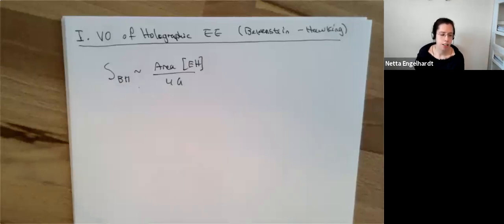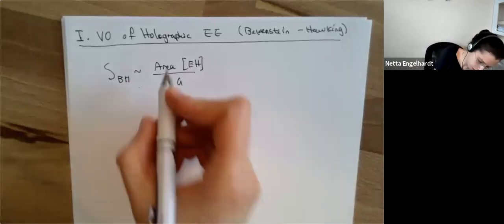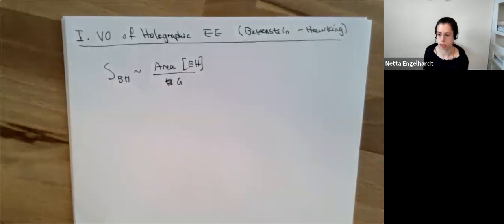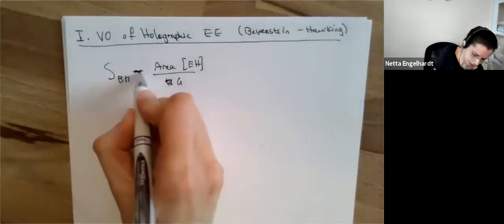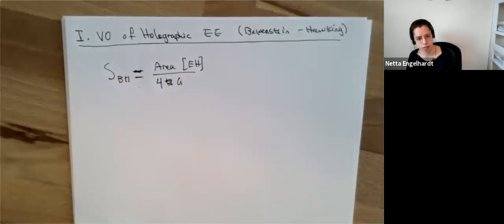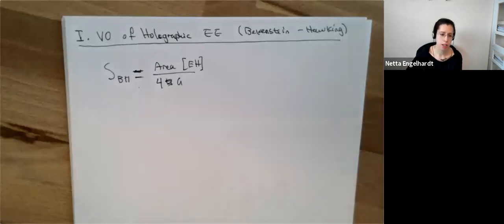So this was Bekenstein's idea, so why is it called the Bekenstein-Hawking entropy? Well, Hawking subsequently computed the temperature of a black hole, and that gave us the proportionality constant, which is the 4 here. I guess they should have said this is just proportional to area over G. Hawking's calculation of temperature, which we then plug in for the entropy, told us this is actually the number 4. And this was really a monumental discovery.